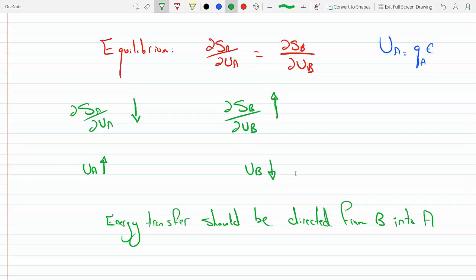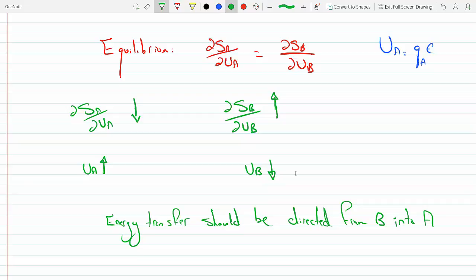And this is the essence of the second law of thermodynamics. The second law of thermodynamics, which is a probabilistic law, tells us that the energy will always be